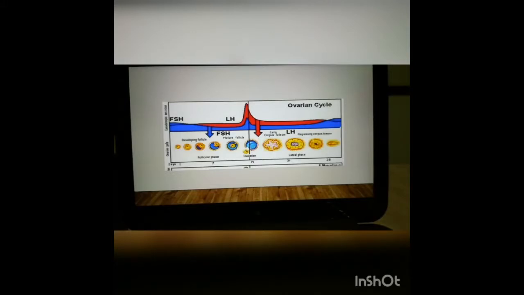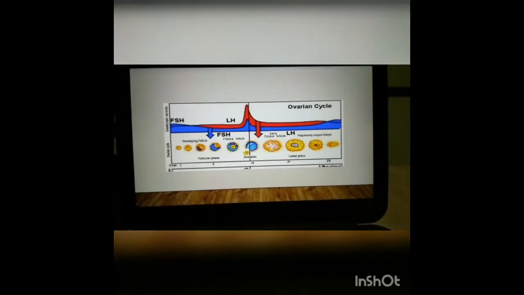What is the ovarian cycle? Well, this process is divided in three parts. The first part is the follicular phase. The follicular phase starts when the FSH is released by the pituitary gland, stimulating the development of a follicle in one of the ovaries. As the follicle matures, oogenesis is initiated and continues until the epithelial cells secrete estrogen. This action stops the secretion of